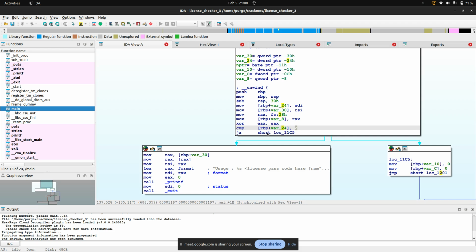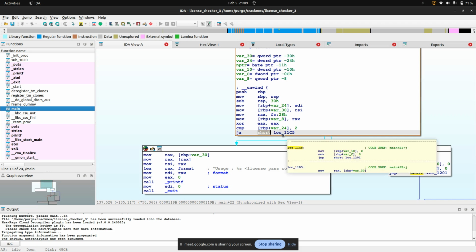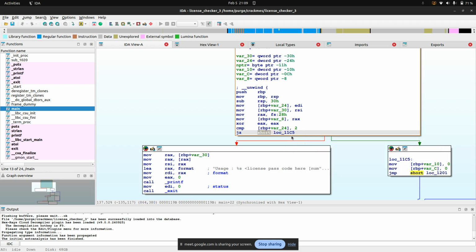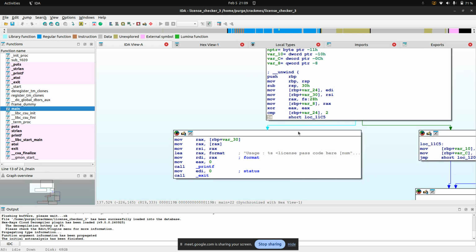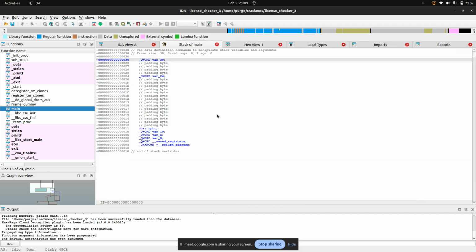If you see, it's a short jump, which means the difference between the number of bytes is not much. Short jump to this location called LOC underscore 11C5. This is LOC underscore 11C5, and you continue the normal flow of execution. But if they are not equal, so if the comparison resulted in false, then it jumps here. This red line that you see, it jumps here, and it's going to start moving the